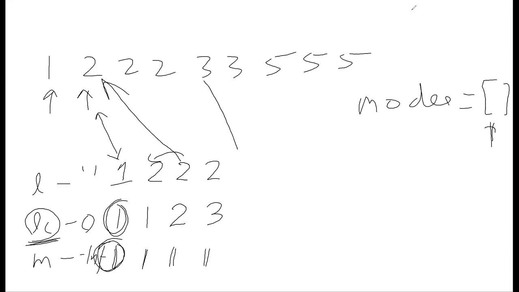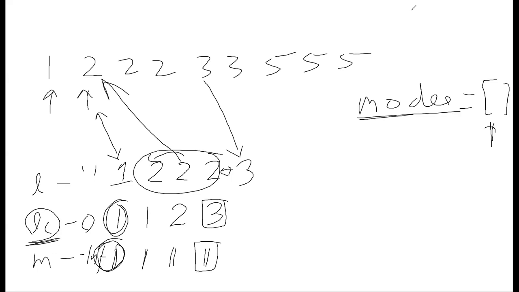Now there's a new element which will come in, 3, and I'll check if it's the same as the previous one. No. So what I have to do is check whatever I have calculated till now, whether that's the mode or not, right? Now what will happen? The LC at this stage is 3. My maximum is 1. That means anything which I have put in modes, the potential candidate modes, was having a maximum length of 1. This one is having 3.